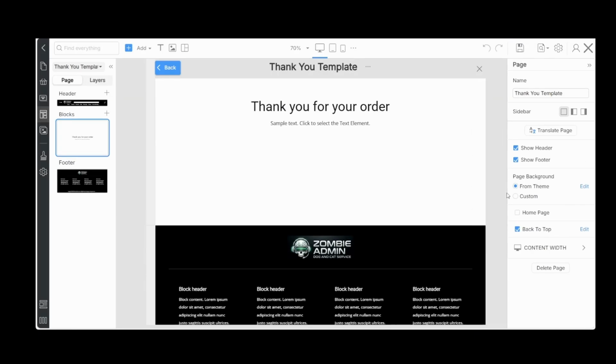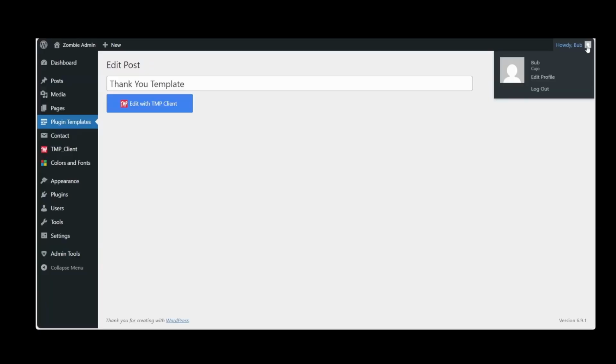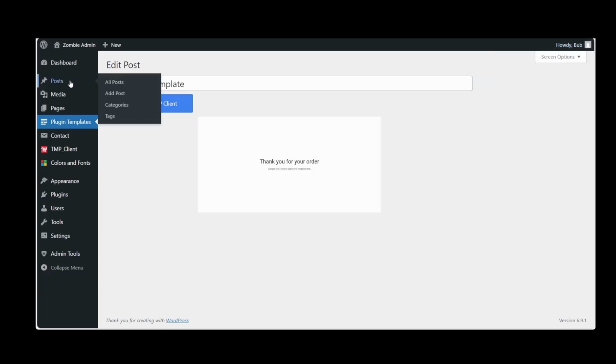So it's very important that you place in all your back to tops in your templates, and I'll show you why. So let's save, and let's go to the dashboard. And now you're going to see on the sidebar here that we have plugin template folder.